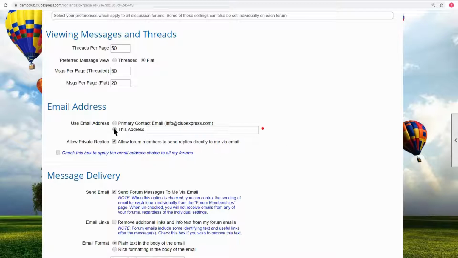So maybe you're saying use info@clubexpress.com, but if you're sending an email to the forum using support@clubexpress.com, well, the forum's not going to recognize that email address, so your message won't post. So again, it's really important to know which email you're going to use and stick with it so that it gets delivered.